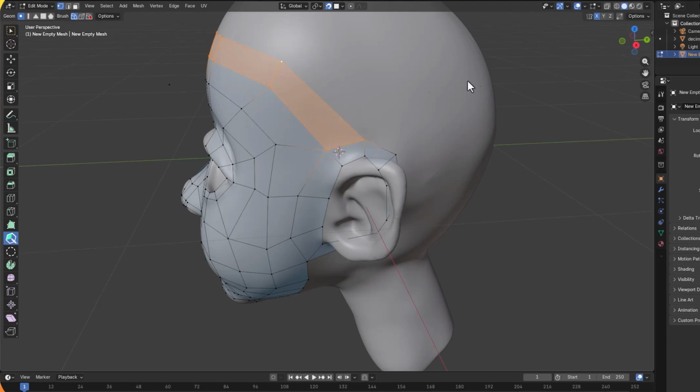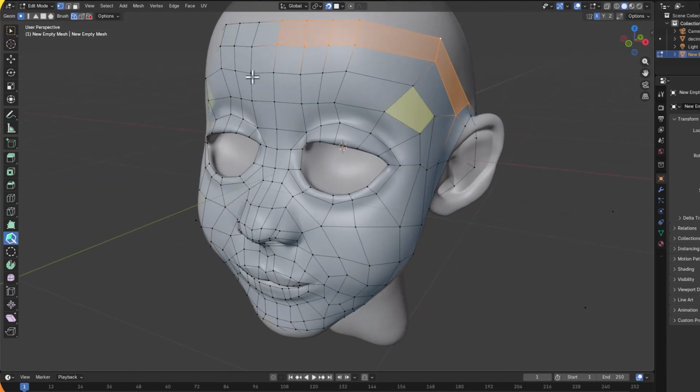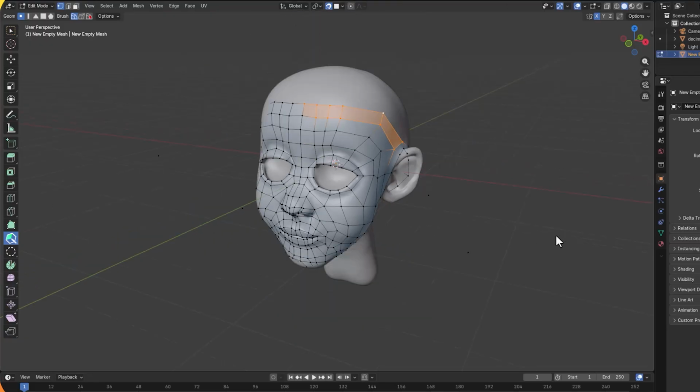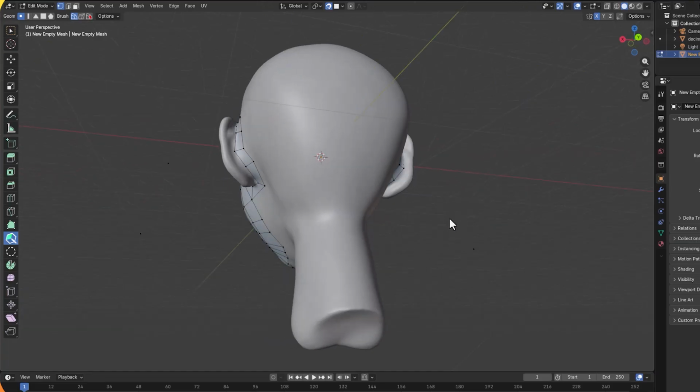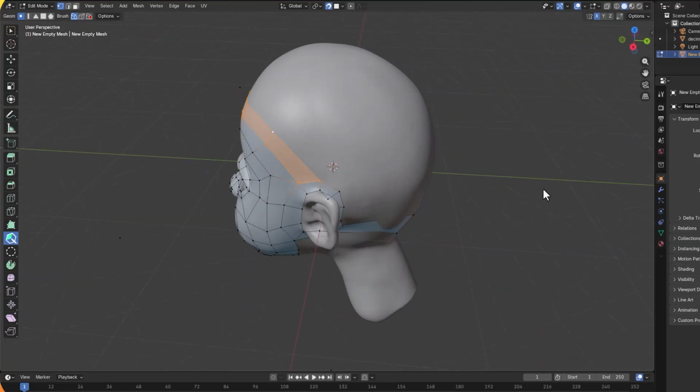We're just going to call this gap there. So here, what I'll do, I'll try to extrude this one there, and then I will come to this,